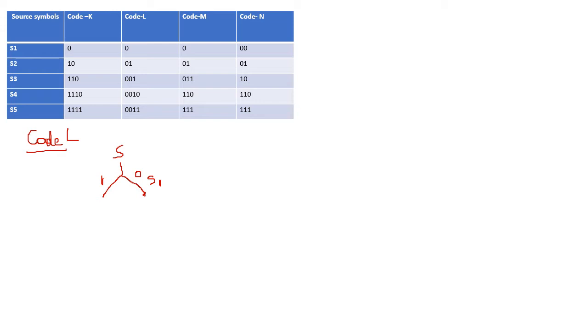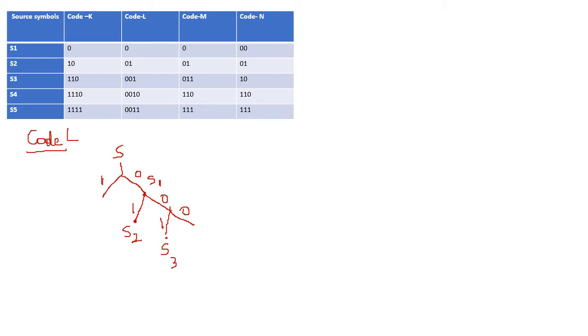Next, we don't have any symbols starting from 1. So we need to branch this S1 state again. So this will be 0 and this will be 1. So when it is 0, 0, we don't have any terminal nodes. When it is 0 and 1, we are going to get the symbol S2. Next we have 0, 0. We'll try to branch this particular state again. So 0, 0, 1 is nothing but your state S3.